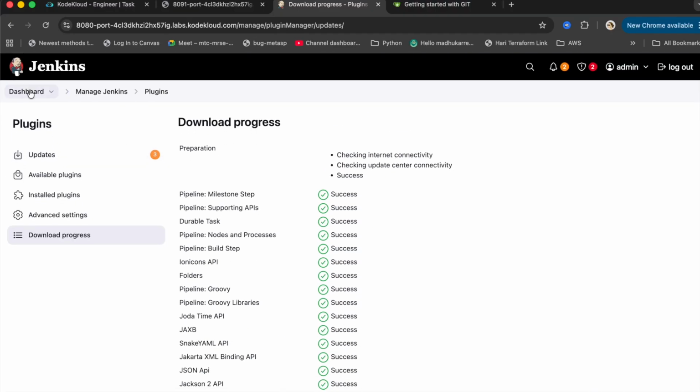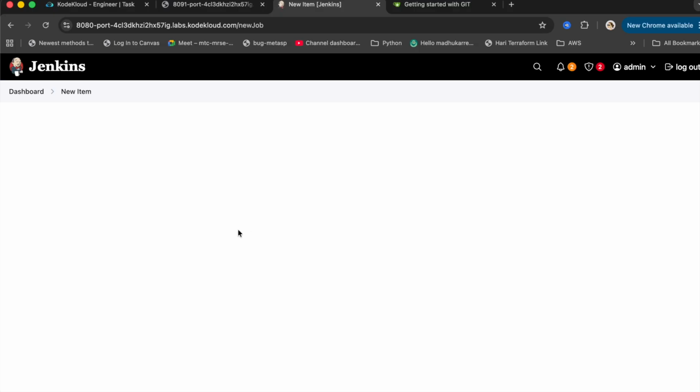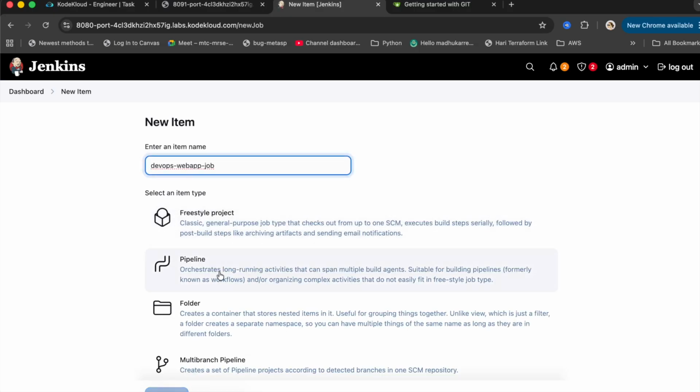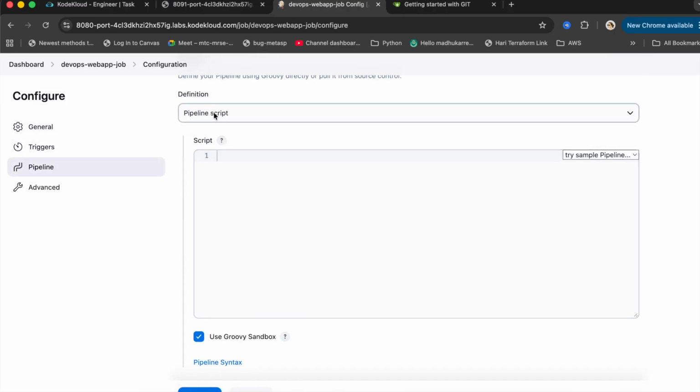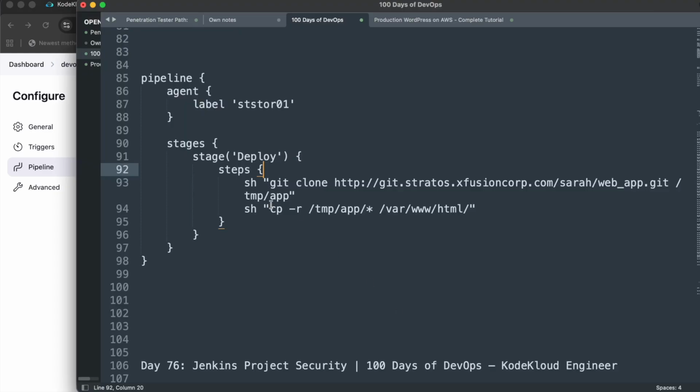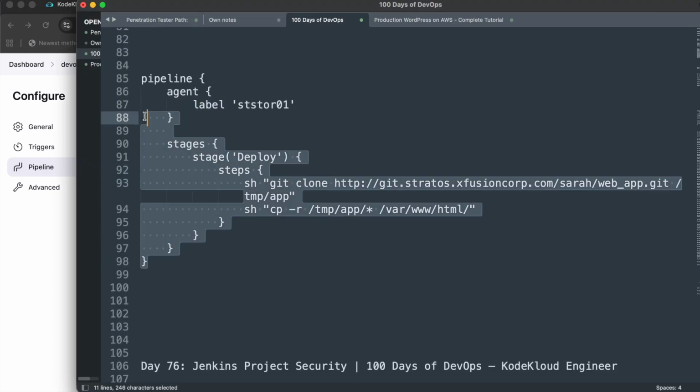That's been done. Go back, create job, and then choose pipeline. If you scroll down, you can see pipeline script. So we have the script. Let's copy it,